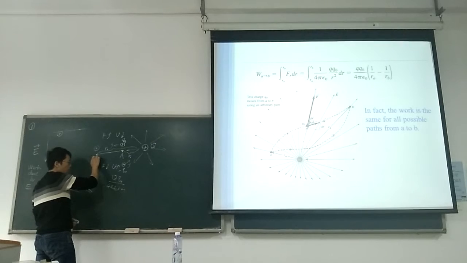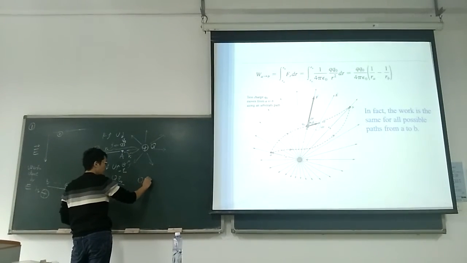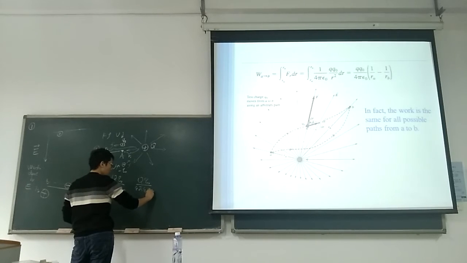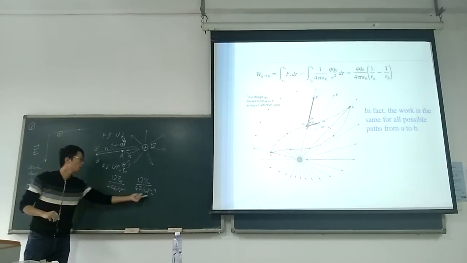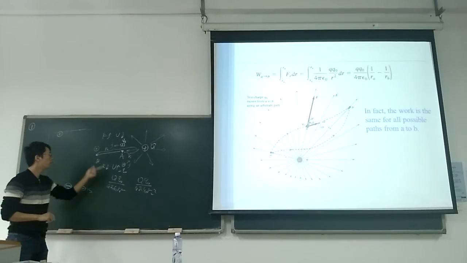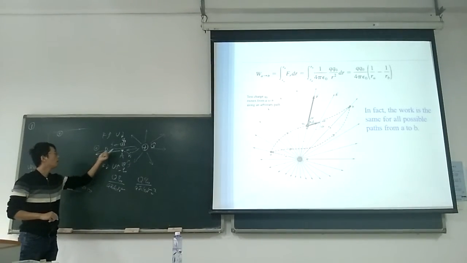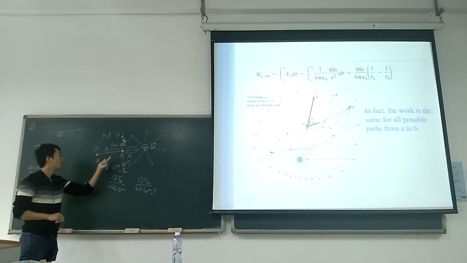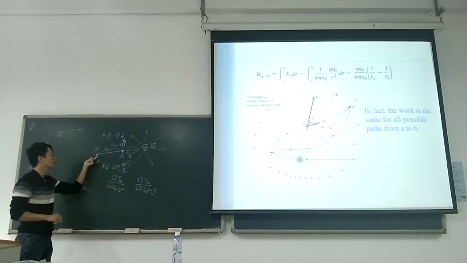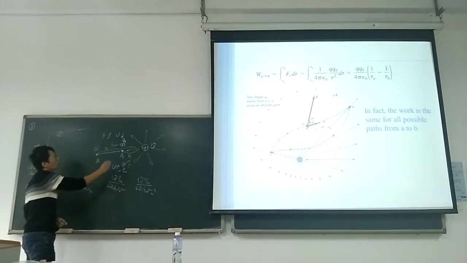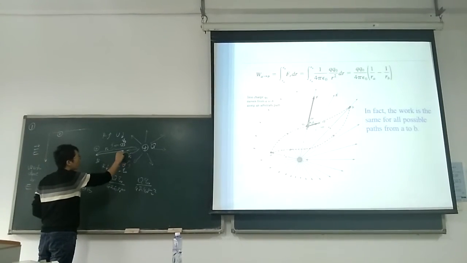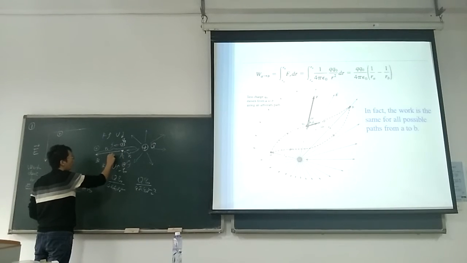However, at point B, it is Q Q0 / (4 pi epsilon 0 R2 squared). And when R1 is smaller than R2, the force on Q0 at point B is smaller than the force on Q0 at point A. So the work done by the electric field all the way from A to B